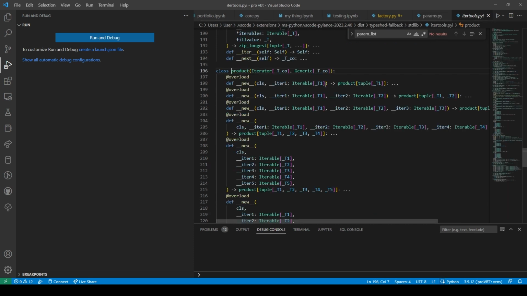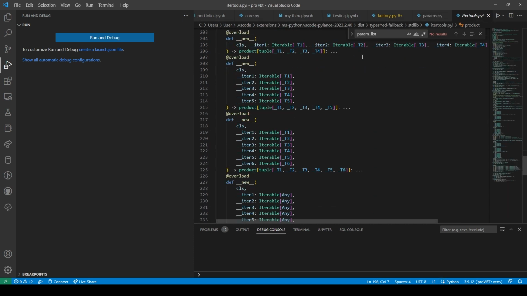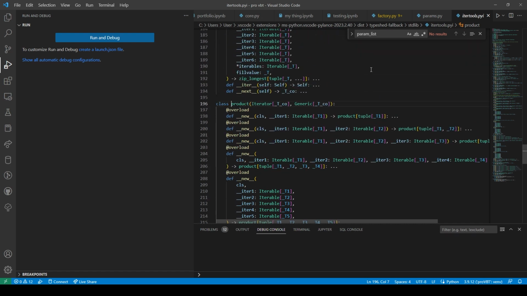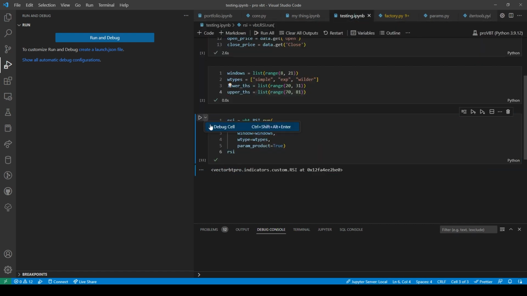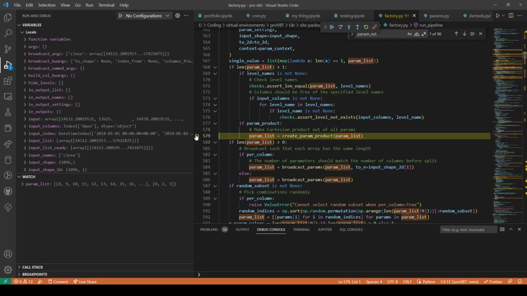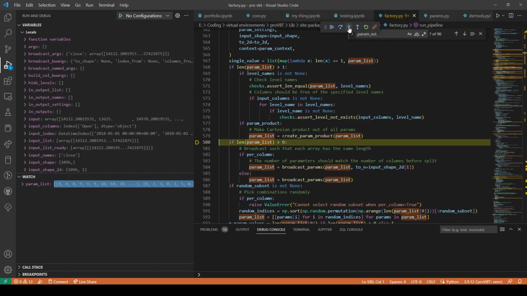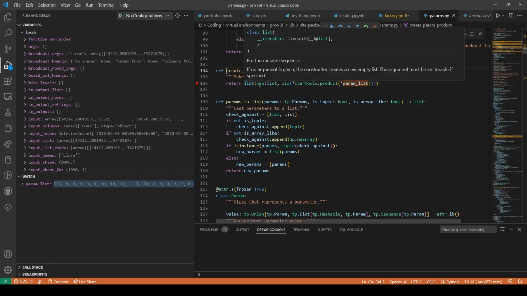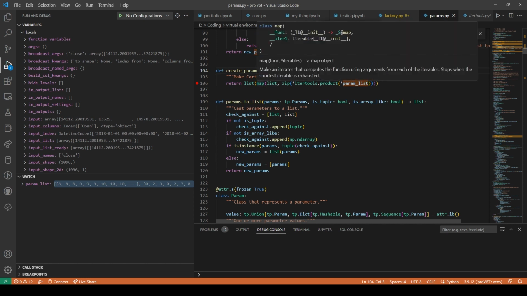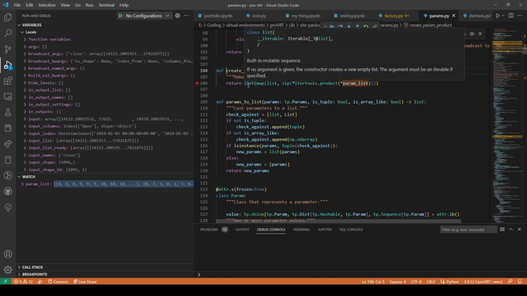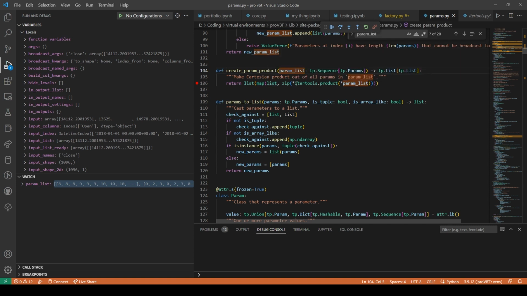Oh no, what is this? I thought I found the Holy Grail. Can I go into this? Oh no, how do you do this? List map, list map, list, zip, itertools, product. What is this?